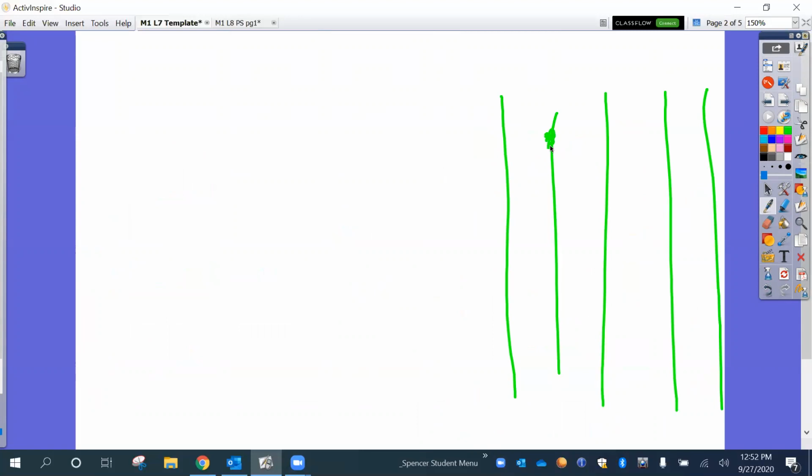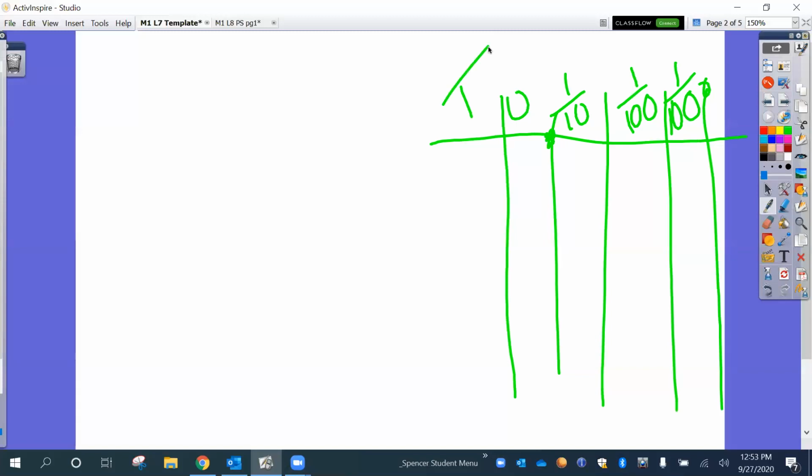And there's our decimal. So we've got tenths, hundredths, thousandths, right? And then this would be ones and tenths. So let's go ahead and work on rounding, actually let me change color so it's easier to see,